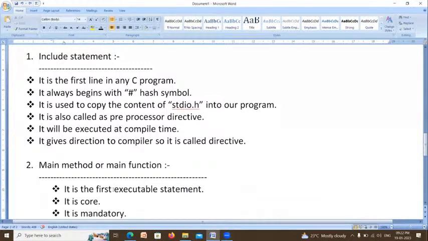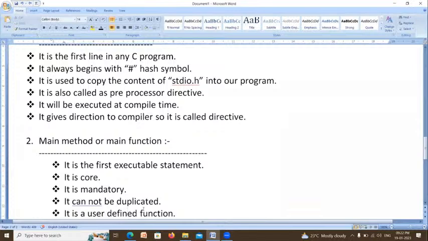The second type of statement is the main method. It will execute at the beginning, so it is called the first executable statement. It is very, very important, it is the core. We have to write the main method, so it is compulsory, it is mandatory.